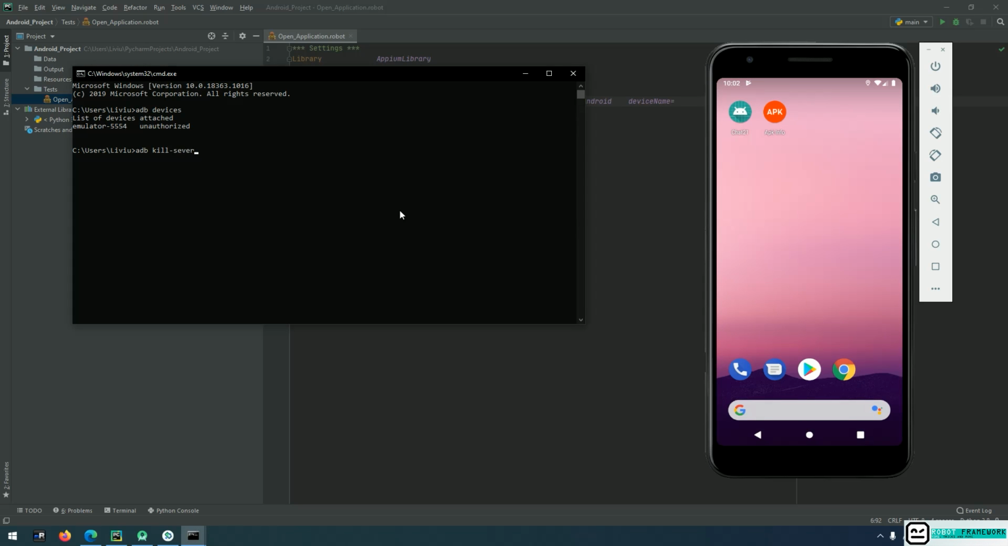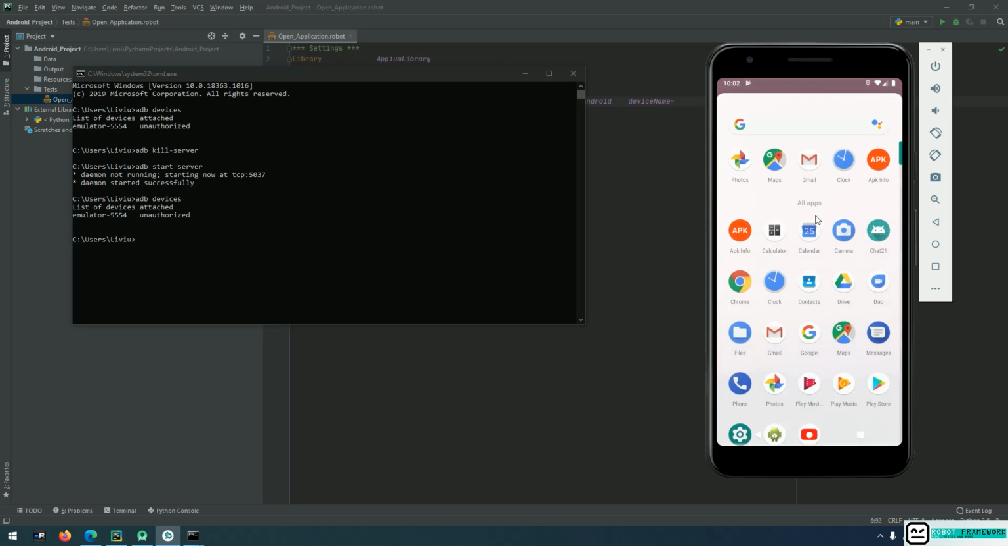The kill server, adb start server, and usually I should get a confirmation pop-up on the